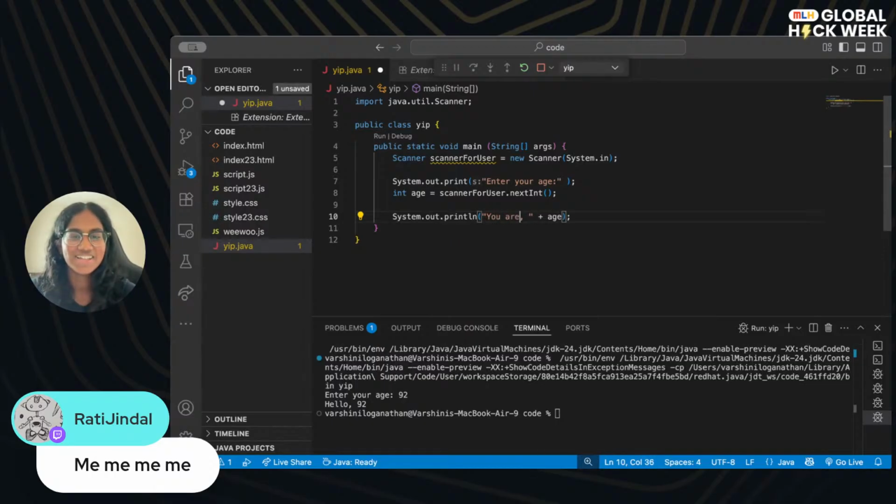Okay, sorry, that was a lot of debugging really quick, but let me explain what I just did. I put "enter your age" just to try a different prompt, and I had to change the data type to int because it's now storing an integer. I had to change the method to nextInt instead of nextLine because now we're changing the data type that the scanner is receiving from string to int. And then obviously I changed the output prompt, but it's still able to do that. So feel free to customize and try some things out and ask your user for different things, and it'll do that for you.